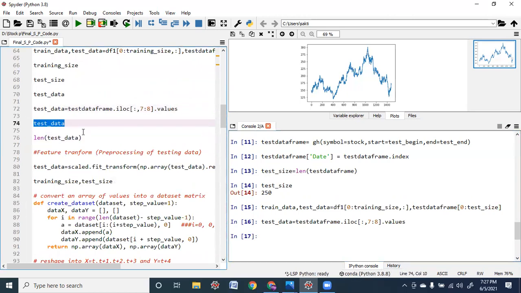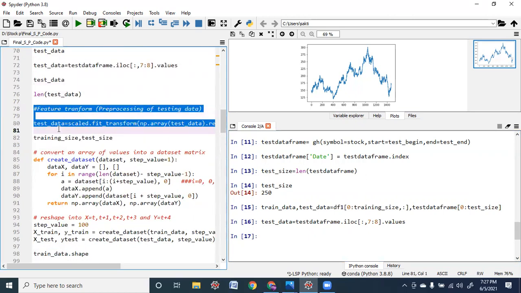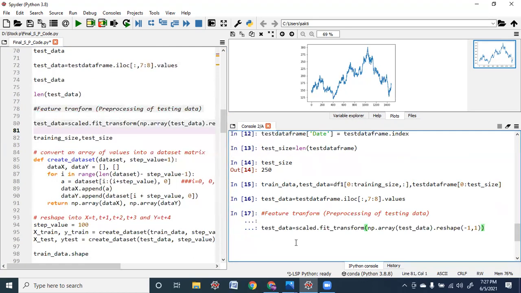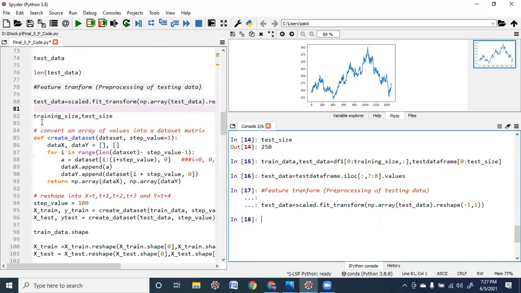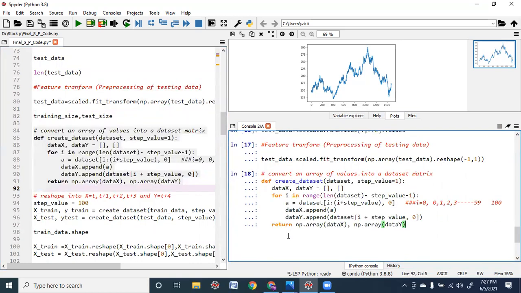Now, as we have done feature scaling and reshaping earlier, let us do the same for the test data as well, and do the fit. Now convert an array of values into a dataset matrix and reshape it.